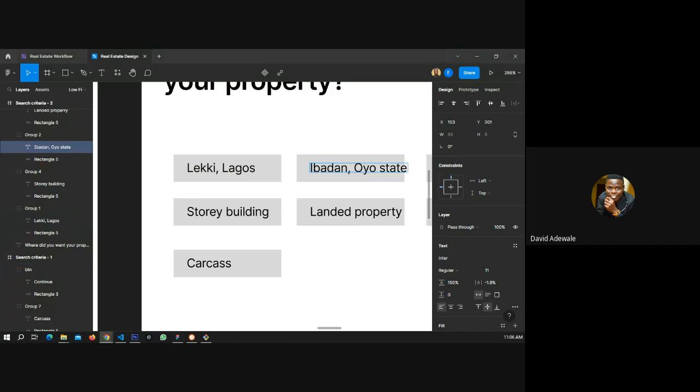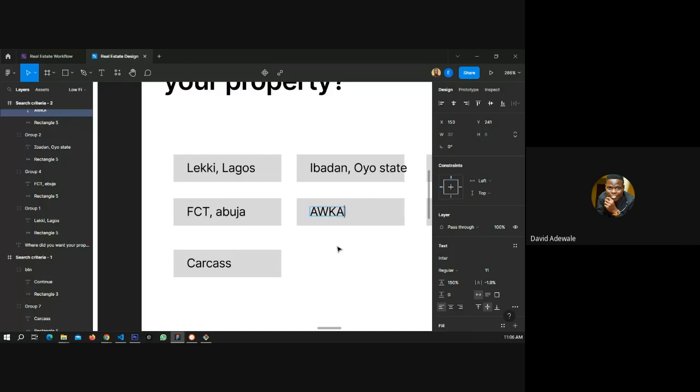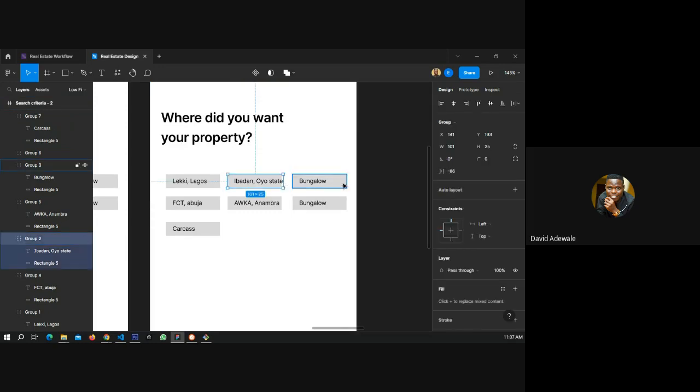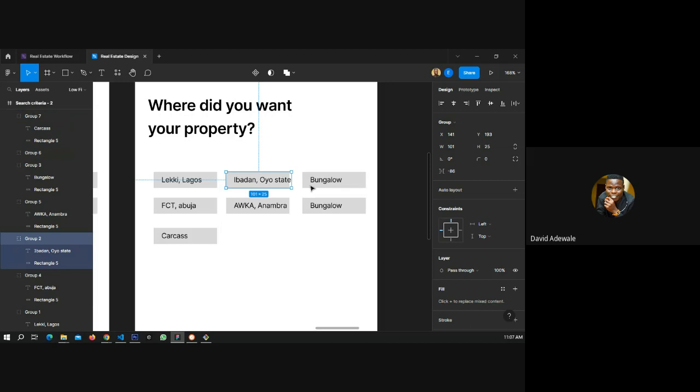FCT Abuja. FCT Abuja. Where in Oka? I guess Anambra, Oka. I still remember. Oka, Anambra. Oka what? Oka, Anambra. Oh, in Anambra. I did not go to primary school. I'll go and collect my money from Anambra. I'll go and collect my primary school fees now. So just leave all this alignment. By the time we get down to our I-5, we will get it done well.